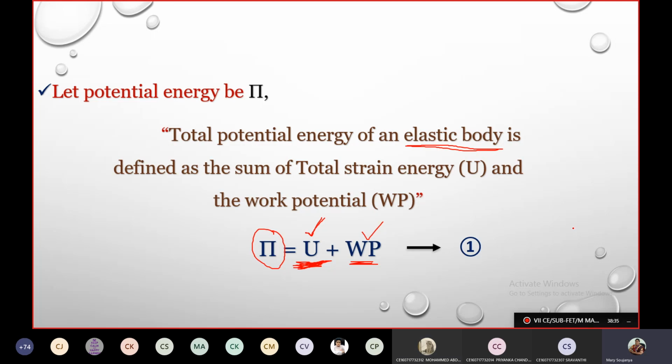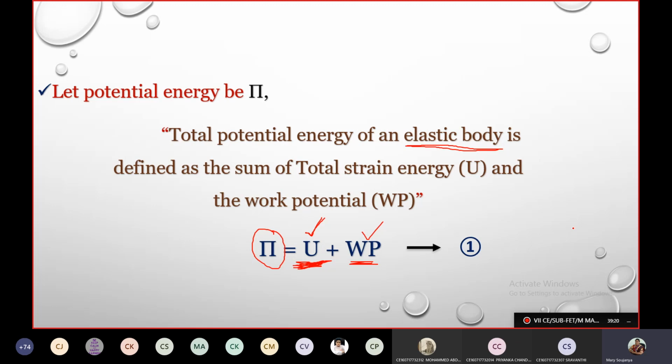Let me ask you the question. The concept of stiffness you must have started in your structure analysis only, maybe theory of structures 1 itself. What is stiffness? When stiffness was explained to you, was it not explained through the concept of springs? Ma'am, it was explained through springs. Okay, it's clear. That is why, when we are taking an elastic body, spring is the best example to go with.